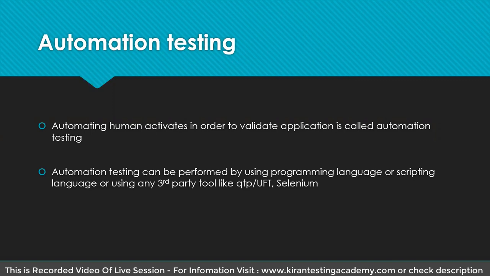Earlier, the three activities we have done, the user operations, the tool is doing. Next, watching the actual behavior, the tool will do. Providing the status also, the tool will give; the tool directly gives you the result. So all these activities are generally done by the tool. The manual execution part we have done is now automated by some tool. So automation, in the sense of automating human activities in order to validate an application, is called automation testing. This testing can be performed using some scripting languages or by some third-party tools like QTP or Selenium or any other.